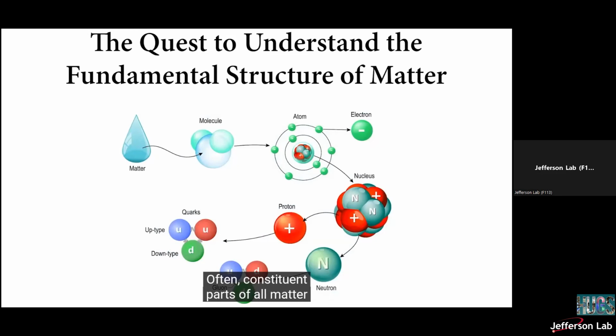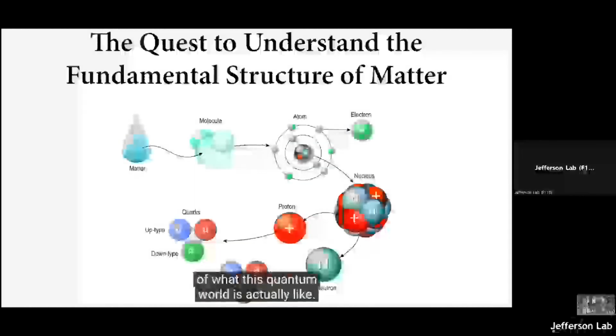Often, constituent parts of all matter are portrayed as being shaped like round billiard balls, or in the case of quarks, as balls within the larger ball of a proton. We add squiggly lines, arrows, and other shapes to denote the forces at work at the quantum scale. While these diagrams can help explain what's going on, they in no way represent the reality of what this quantum